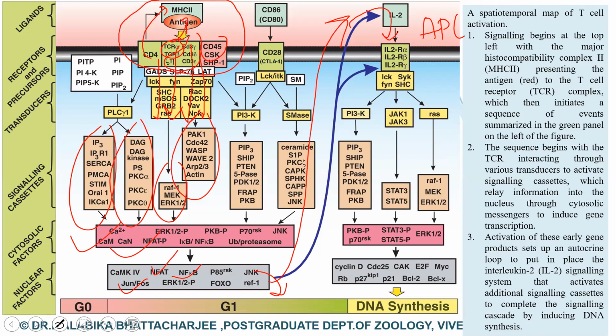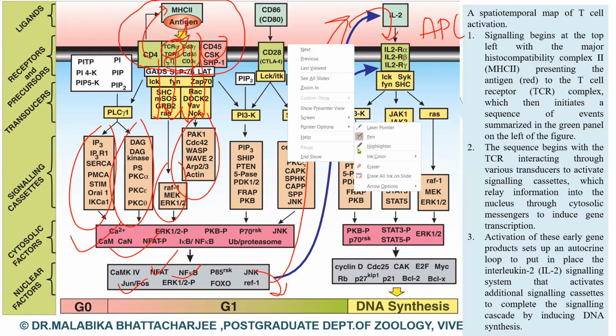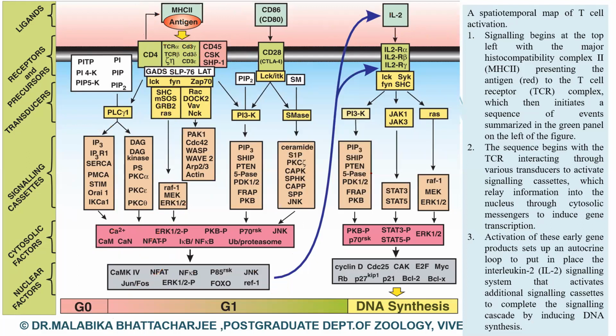And finally, the late genes take more time to be expressed, around 2 days, and they encode various adhesion molecules. This is a rough signaling scheme, but we will restrict ourselves. We will not go into the details of this extremely complex signaling scheme occurring within the lymphocytes. For your syllabus, we restrict ourselves to the signaling cascade operative here.